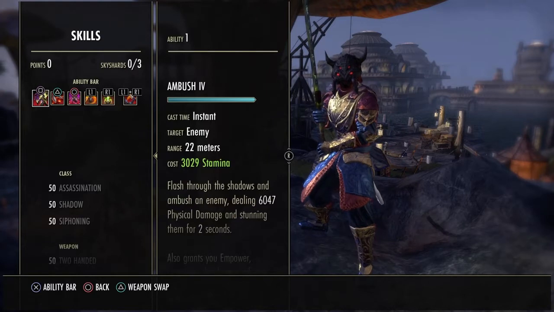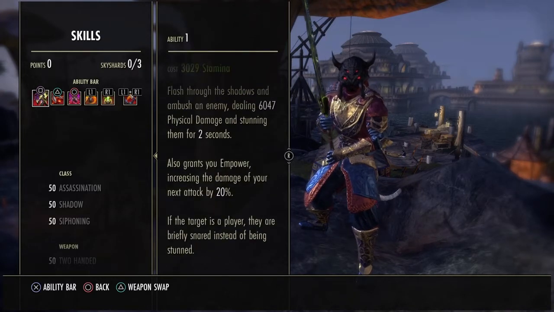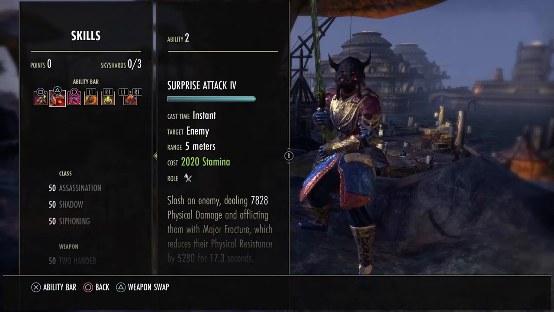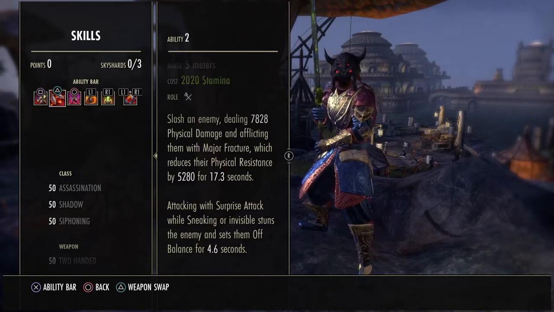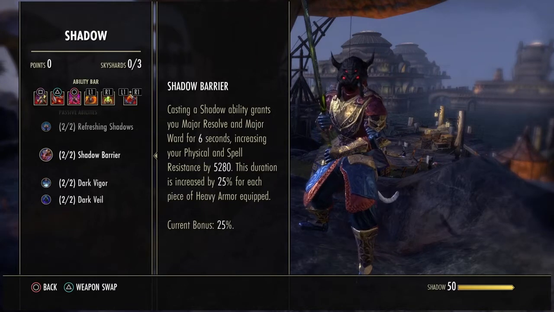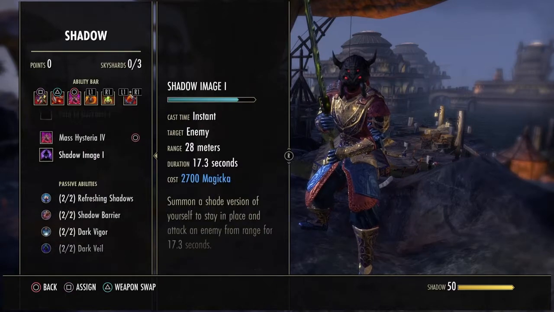But just real quick, Ambush is my gap closer. It also empowers, so you can ambush and cap. And cap is going to get empowered, hits really hard. Surprise attacks are main spammable. This is going to give us, what's it called? Refreshing Shadows buff? No. Shadow Barrier buff. This is going to increase our spell and physical resistance, major resolve, and major ward, while